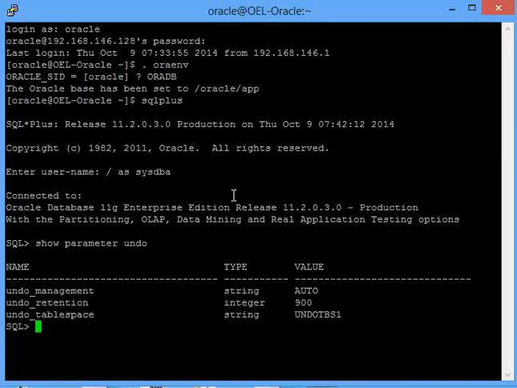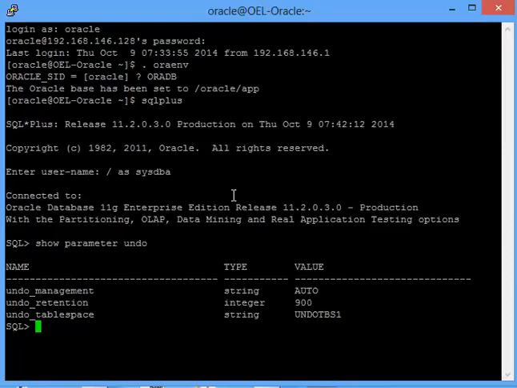That is how your undo segment works, right? Undo segments will not be emptied as soon as the retention time goes off. They will be retained until they are required by some other transaction and your undo segment is filled. Only then will your undo segments be wiped off.